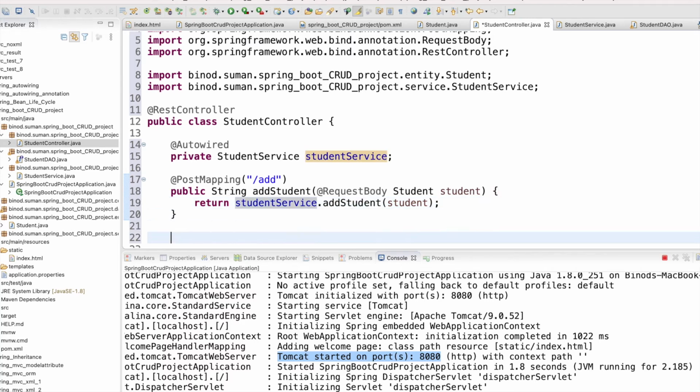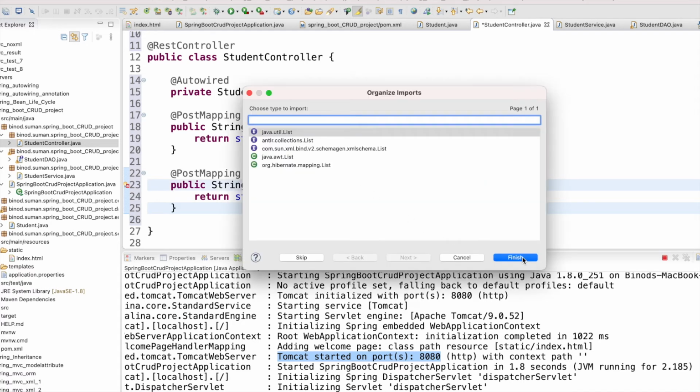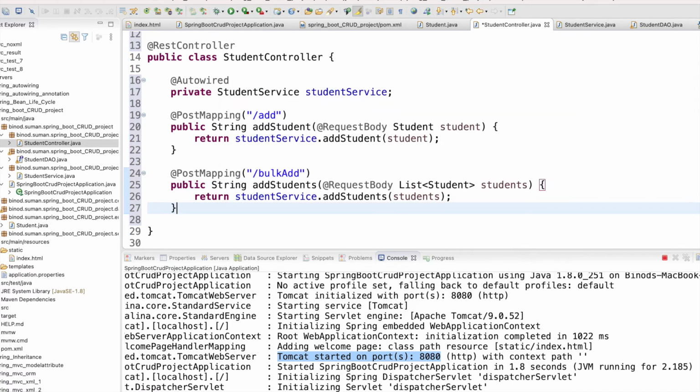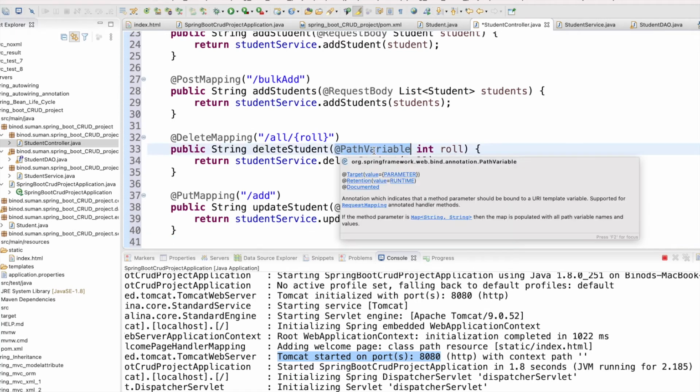Similar way you can do the bulk add. If you have many students and want to do it in one shot, I say bulk add, right? And the same way if you want to delete and update, both methods I am putting here. For the deleting purpose you have to give the row number, and I will pass the row number as a path variable.